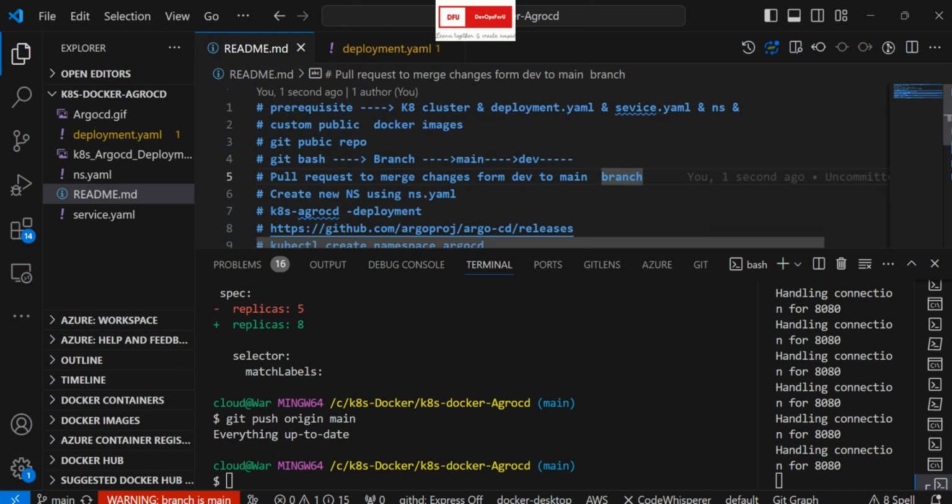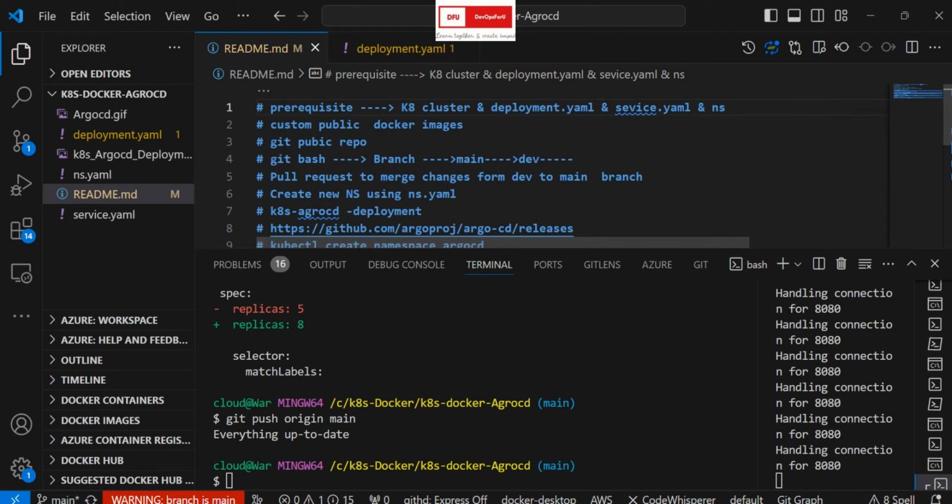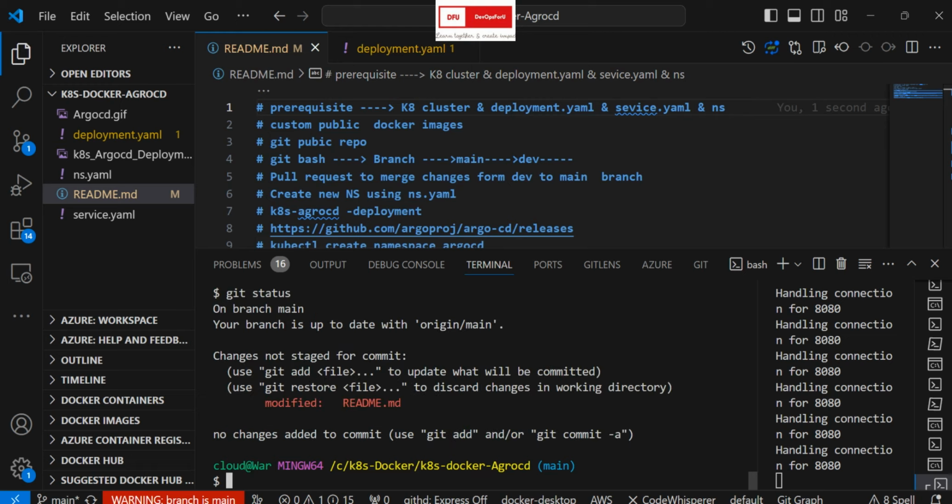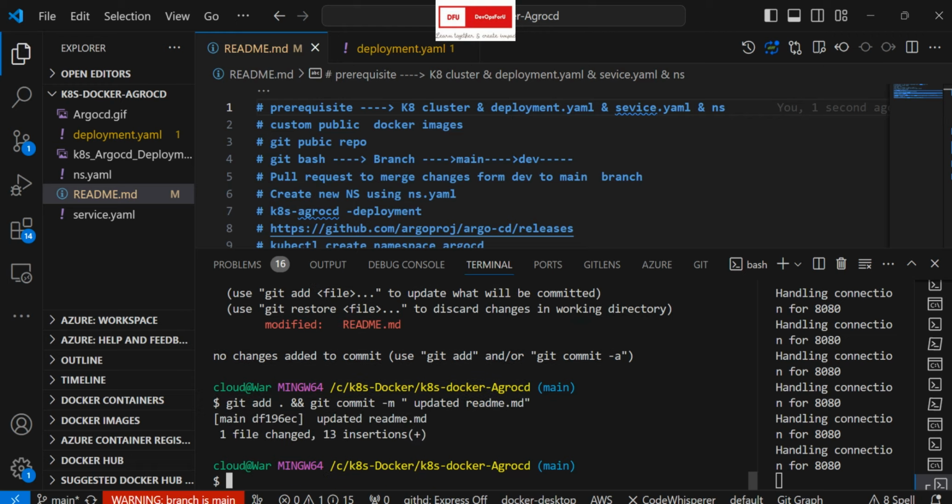Okay, so I'm just deleting this one. Okay, so git status, git add, and git commit -m "updated readme.md". Okay, so